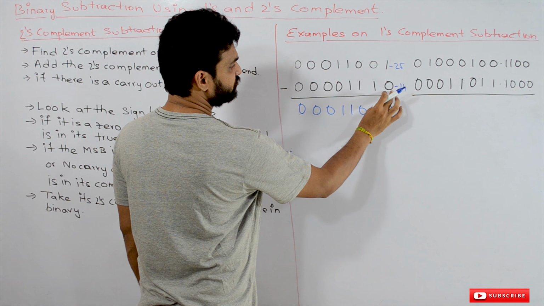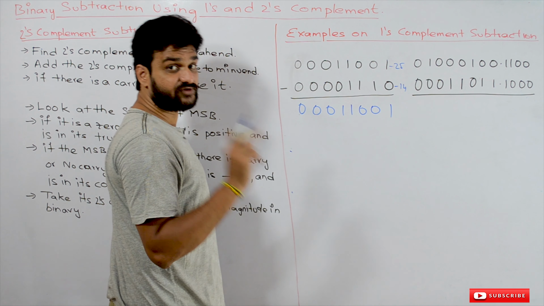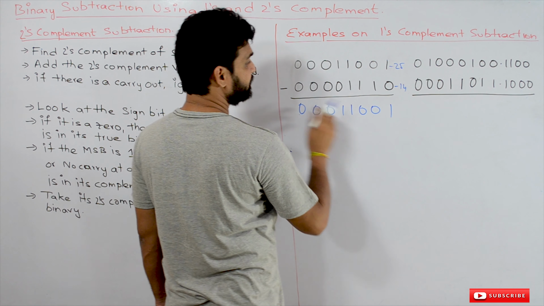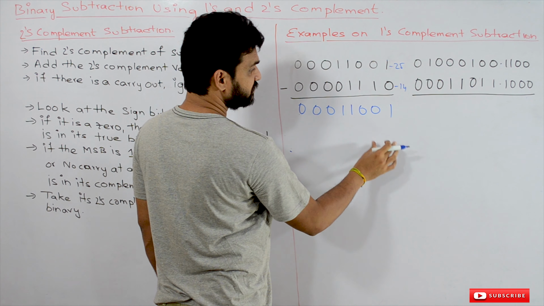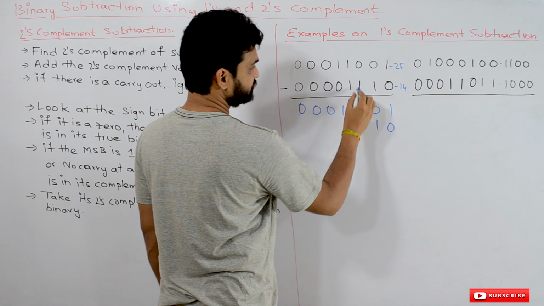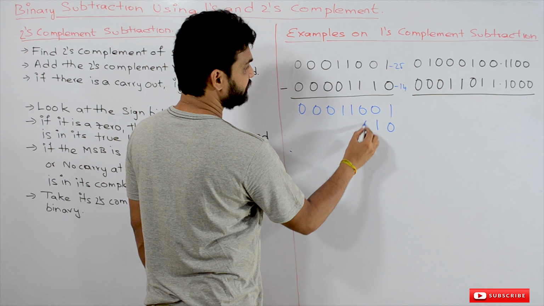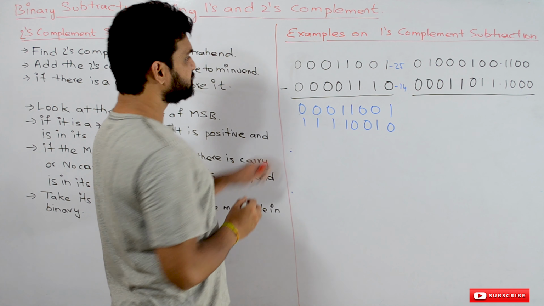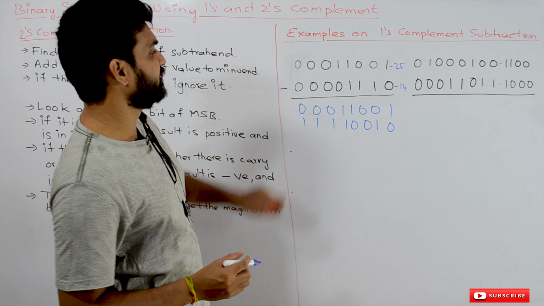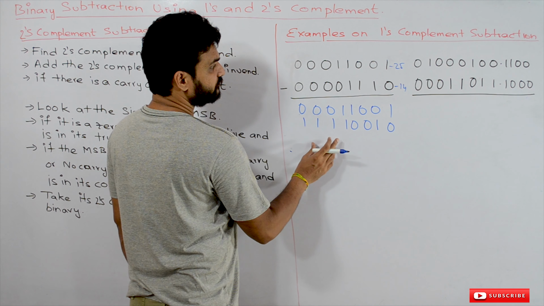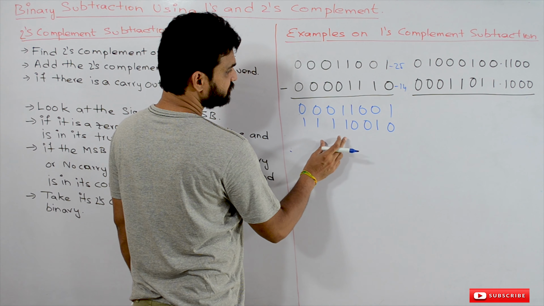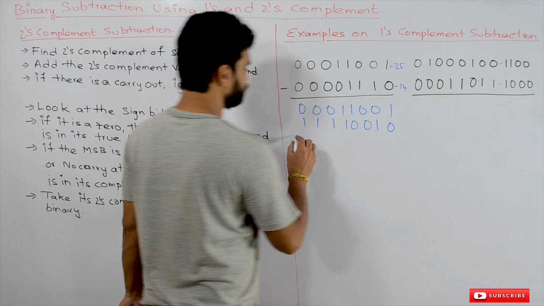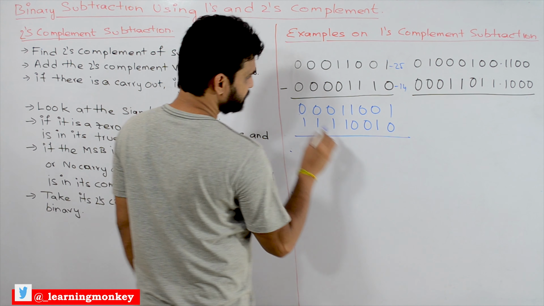What is the 2's complement? How to find the 2's complement? Shortcut form: check for the first one, and after that complement everything, and before the first one take the values as they are. So from here we complement everything: 0 0 1 1 1 1. This is the 2's complement value of 14. Now we have to add this number to the other number. So these two numbers are to be added.